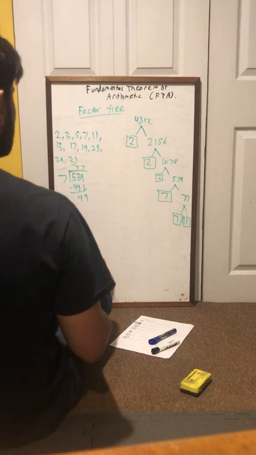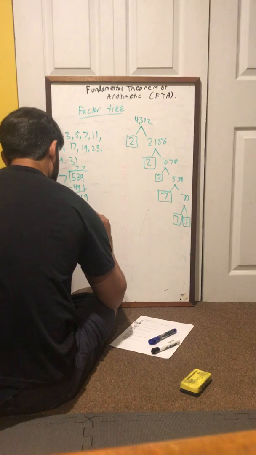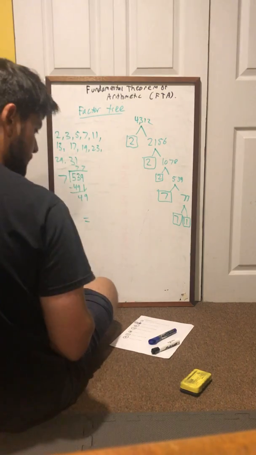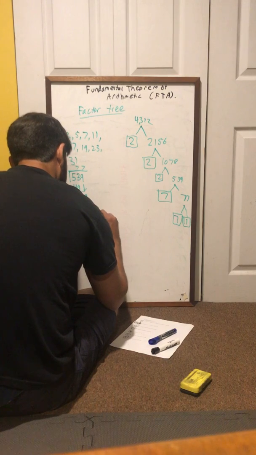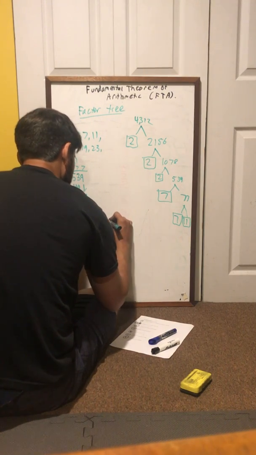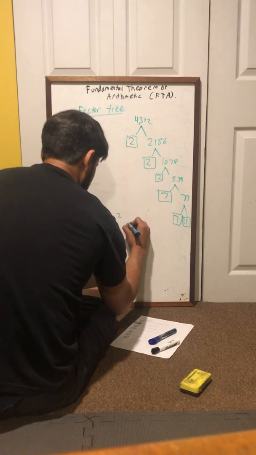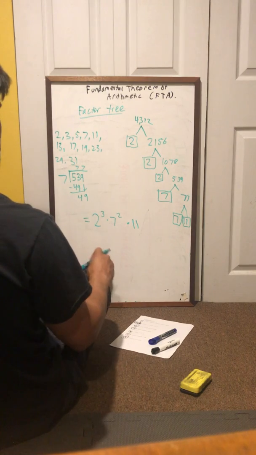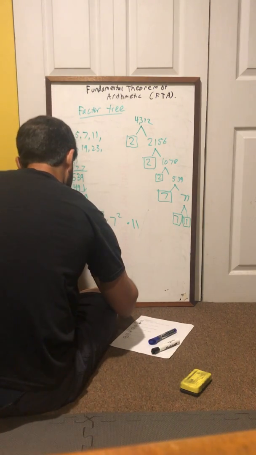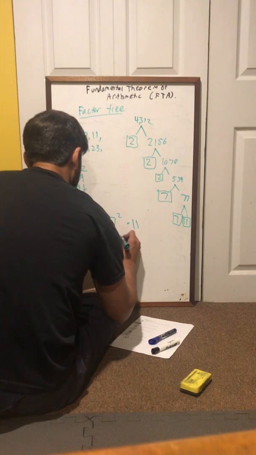Okay, so when we write this final answer in, following all the rules of what we posted in the definition before, we're going to put 2 cubed times 7 squared times 11. Now when we're checking this just to make sure, we could say 8 times 49 times